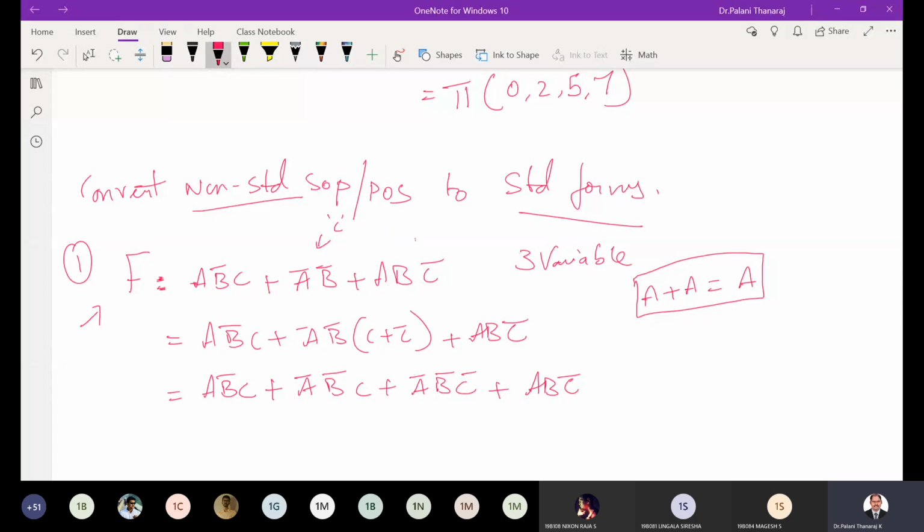So check whether you have any repetitive minterm. There is no repetition, right? So this is our realization. This is our answer. This is the standard form of this non-standard expression. You can write it in different forms as you want. I can write it in minterm form. Someone just tell me what is the minterm for A, B bar, C. What is that, if I want to write in the minterm form?